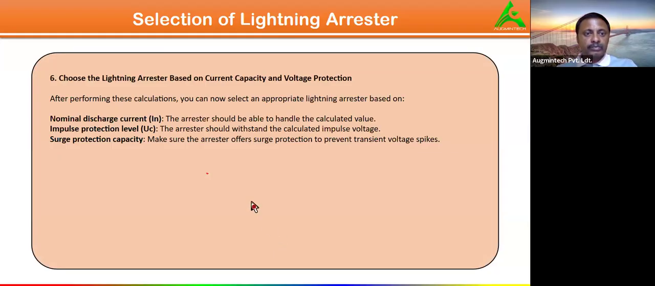Right. So finally, we can choose the lightning arrestor based on the current capacity and the voltage protection. So the nominal discharge current, as I showed you, the arrestor should be able to handle the calculated value. An impulse protection level, just now we have seen, the arrestor should withstand the calculated impulse voltage also. And the surge protection capacity, there's nothing but the arrestor which is going to offer the surge protection to prevent